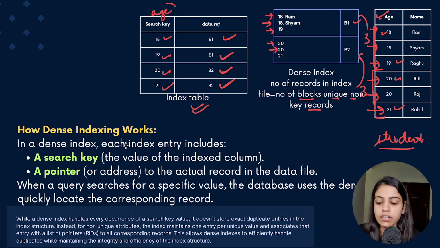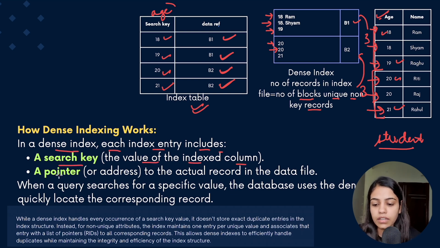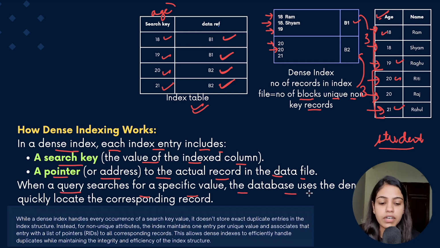Now, how does dense indexing work? In a dense index, each index entry includes, first, the search key, the value of the indexed column. The second is a pointer or address to the actual record in the data file. So where this particular actual record is stored, this pointer tells us. Now when a query searches for a specific value, the database uses the dense index to quickly locate the corresponding